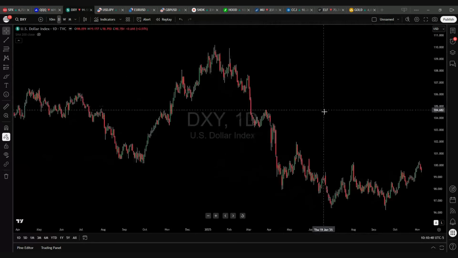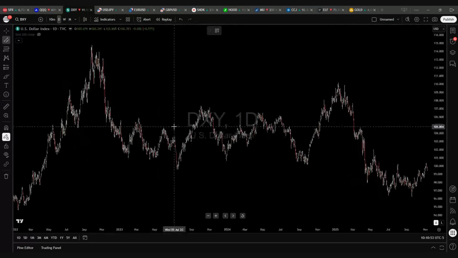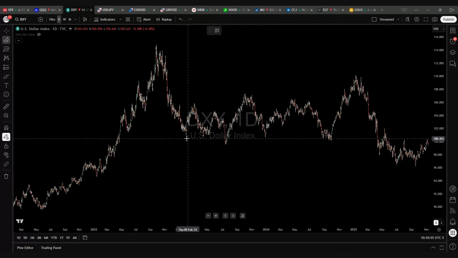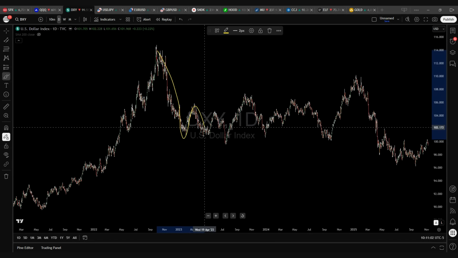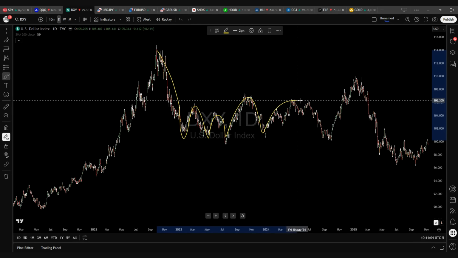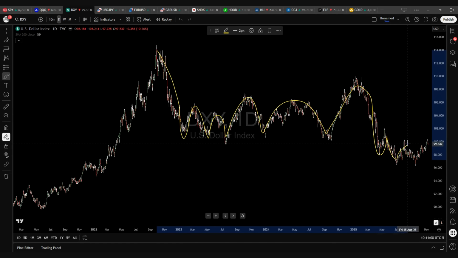If we zoom out on the chart, one of the things that I'm watching very closely is a zone that we actually did run into. And you can see it very clearly here. Look at how over here we came down, we hit, we bounced, we hit, we bounced, over and over again until we broke down. And now it's becoming